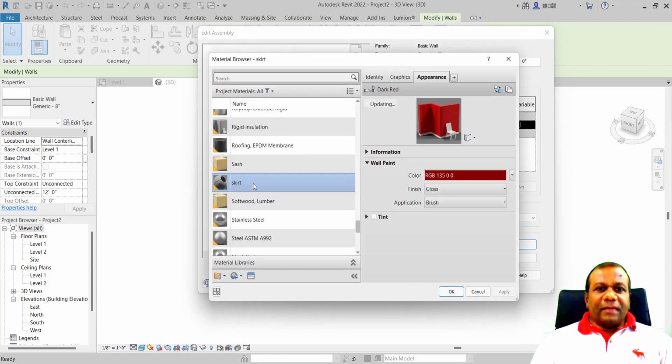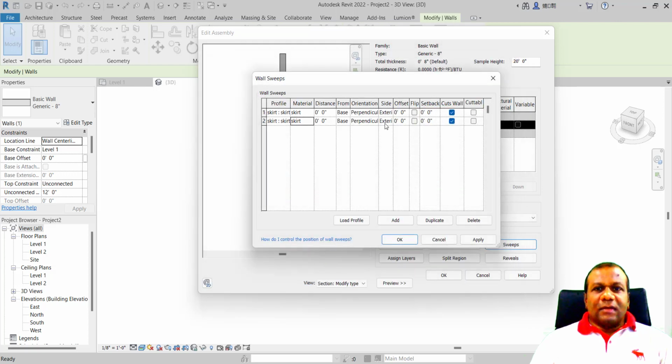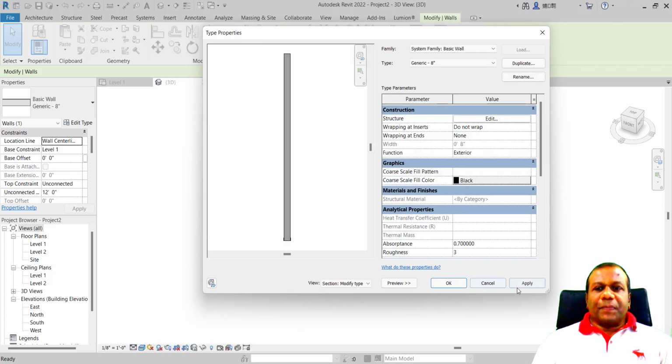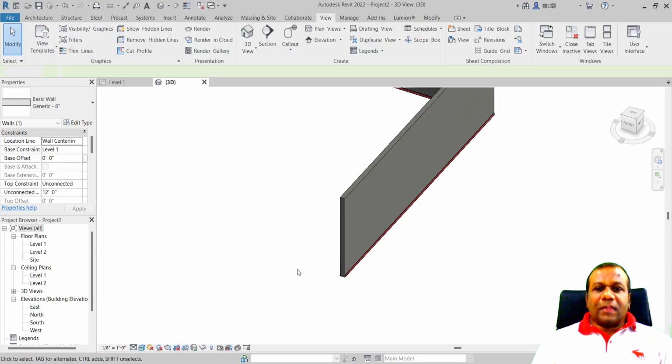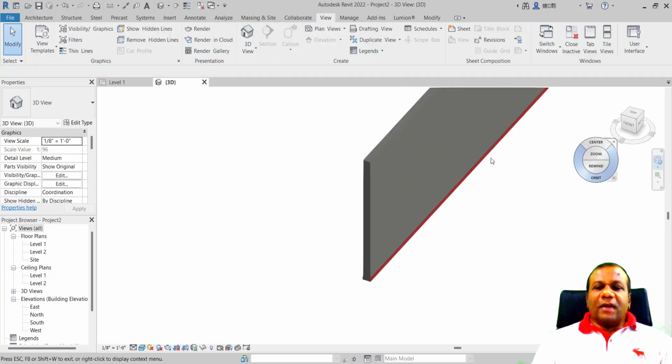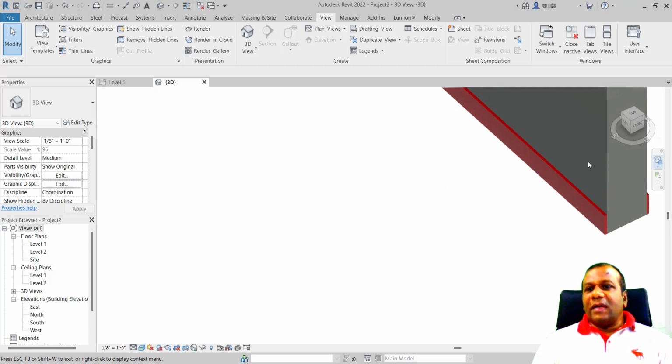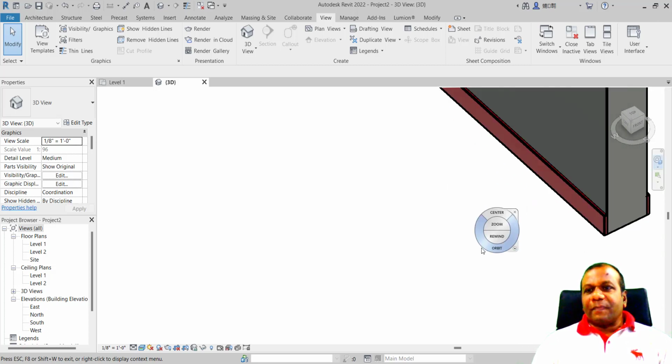The same material, select the skirt, and make this one Interior. Apply and OK. See the preview here. OK. Apply. OK. Now we have the skirting for the interior also.